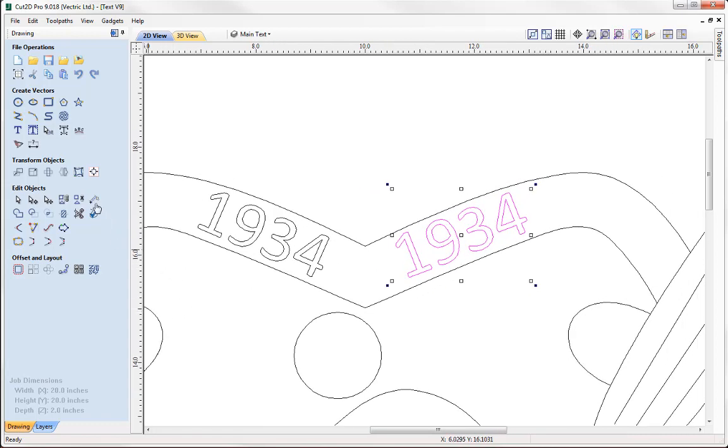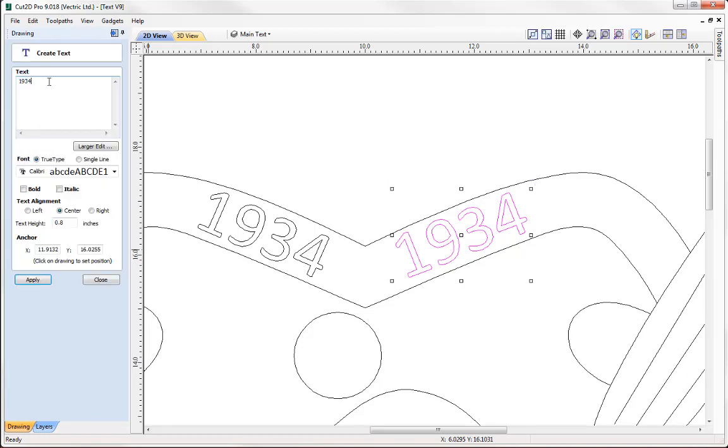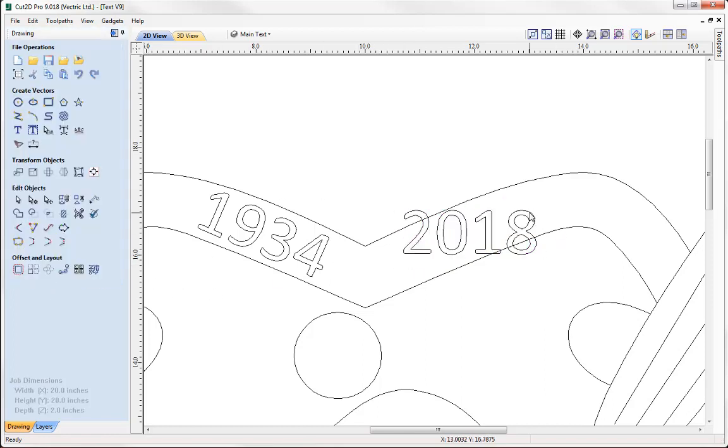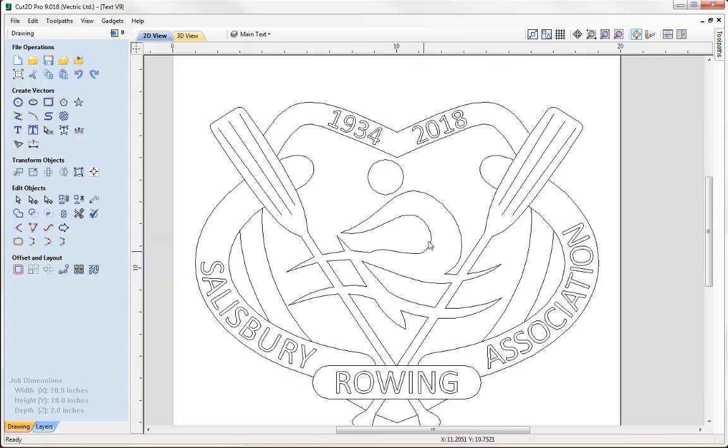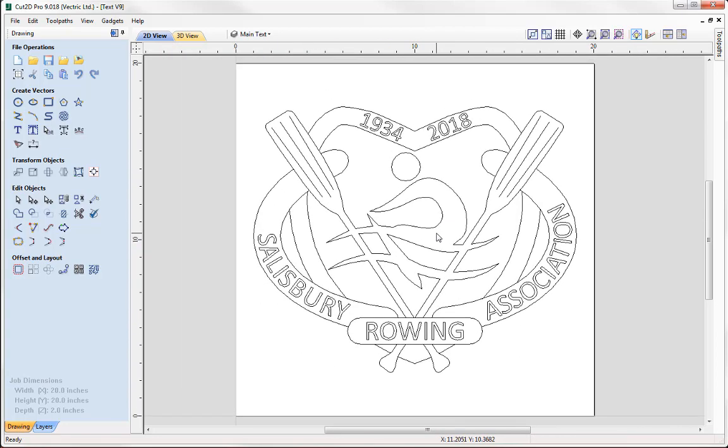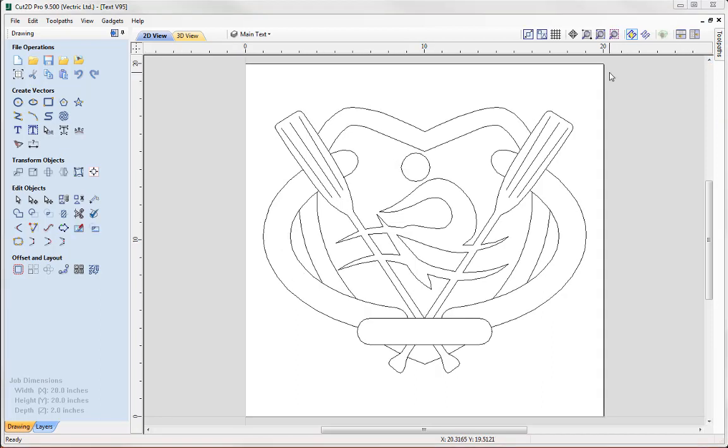Of course what I want to do now is just come back into the draw text function and quickly change it from 1934 to 2018. But of course I've lost the rotation again, so I've got to close that out, come back to the rotation, put it into place, and then we've completed the sign. So now I'm going to do the same in version 9.5. Okay, so we've got the same part in version 9.5, and like we did with version 9, we'll take a